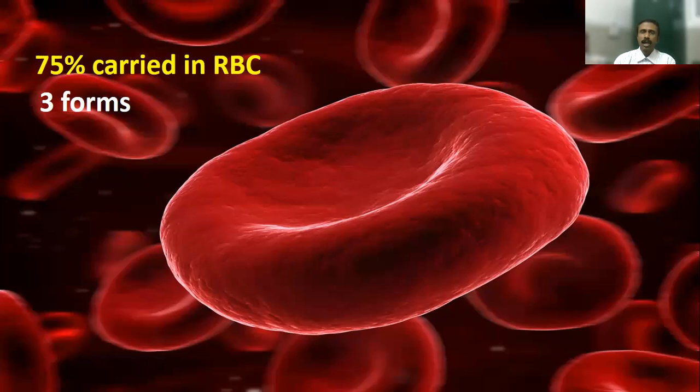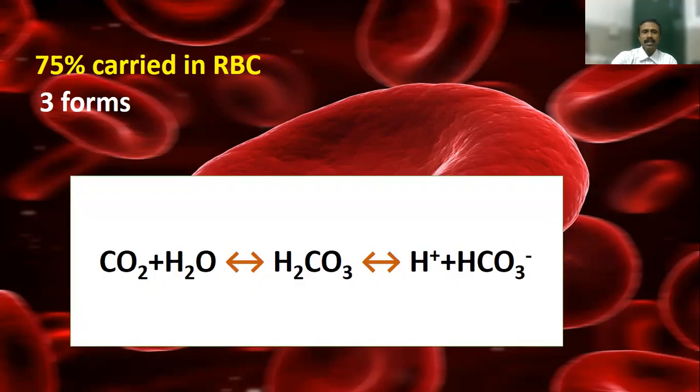That's how the carbon dioxide enters from the blood into the red blood cell. But again, it remains in the dissolved state only in a small proportion. It can combine with the hemoglobin, the globin moiety of the hemoglobin, which is again a protein, to form a carbamino compound. But the third form is the majority, that is